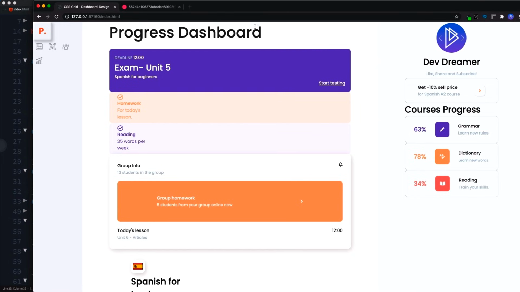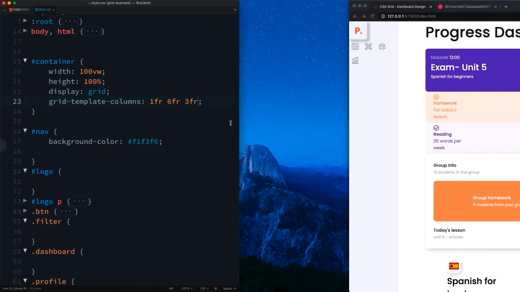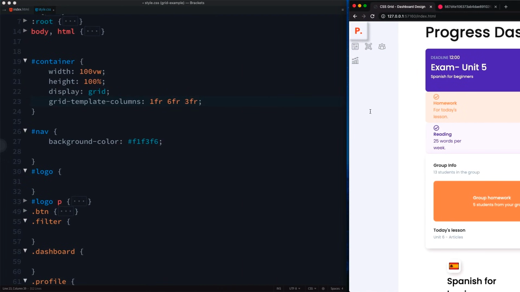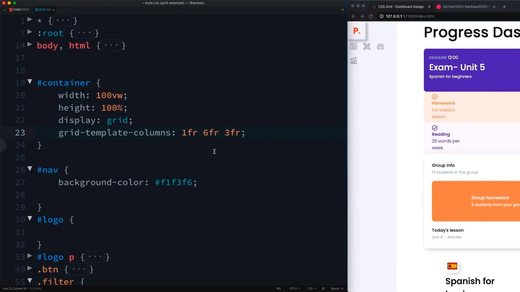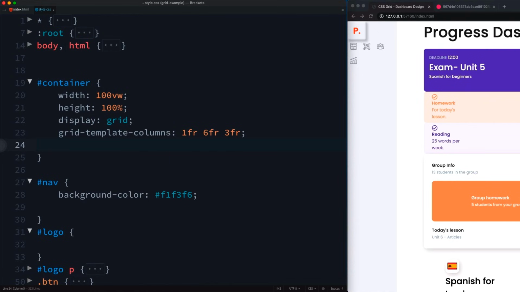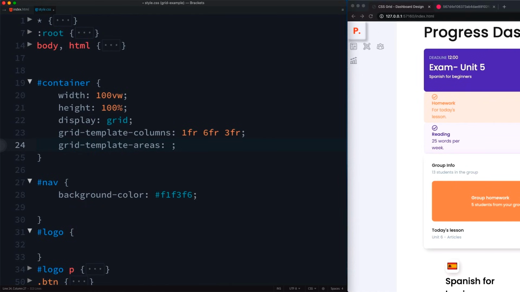So what I'm going to do is I'm just going to move this window over, right the way over, and we can increase this up to there, and let's actually bump this up as well. Okay, so first I just want to define the grid template areas on our container. So I'm going to say grid template areas, and remember this was basically a visual representation of our layout.